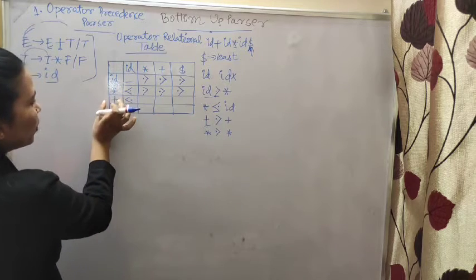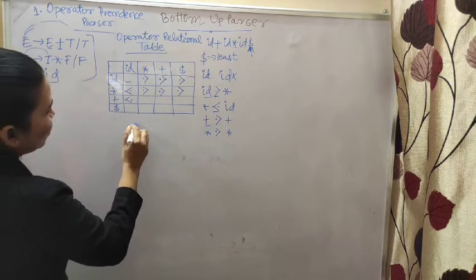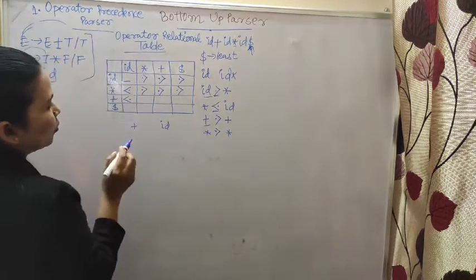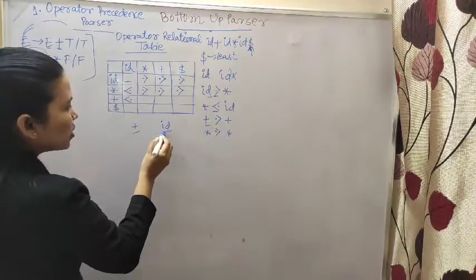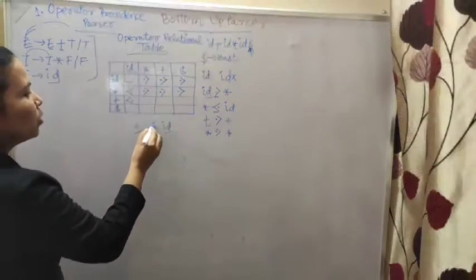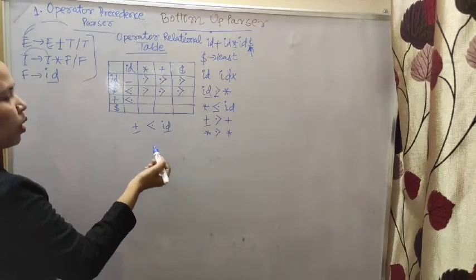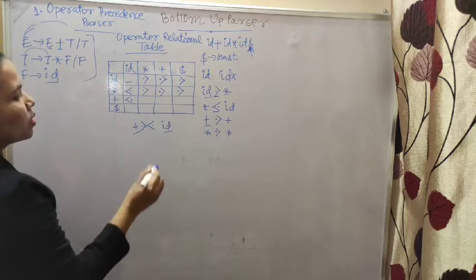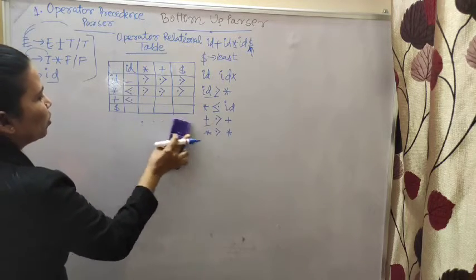Always remember that the left side is the row and the right side is the column name, and now you have to compare. If ID is highest, then on the ID side this operator's mouth will be open. And if plus is highest, then the plus side mouth will be open. This is the meaning.